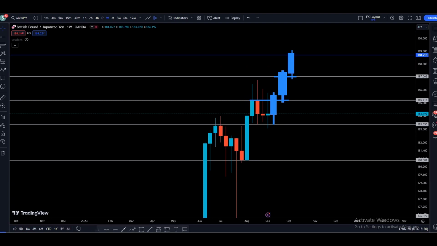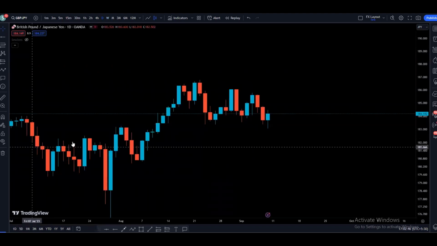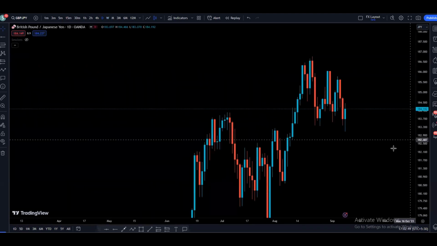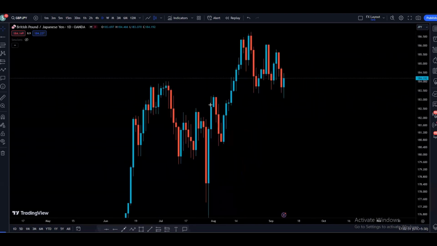So that is something to the upside on the weekly time frame. Now let's go to a daily time frame to find more details. On the daily time frame, we can see that the price is bullish because we are making higher highs and higher lows. There is no doubt about it. We created a high, we created a higher low. Price broke the previous high, created a new high, and right now we are just consolidating between this support and